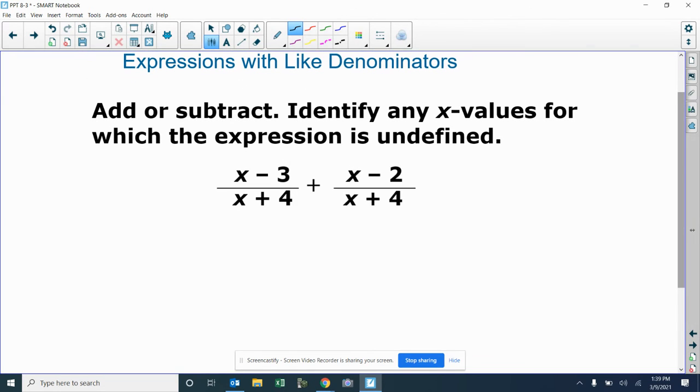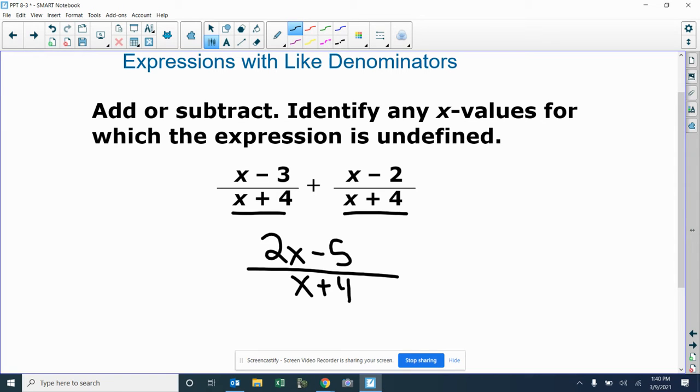Now we'll start off with a nice easy one, add and subtract, but notice here, both of these have the same denominator, okay? x plus 4, x plus 4. So x plus 4 is what we're going to end up with. And basically all we have to do is add like things up top. So we have an x plus another x would give me 2x. Negative 3 and negative 2 would give me negative 5. So that one becomes very, very simple because we are just adding like things at the top because we have the exact same